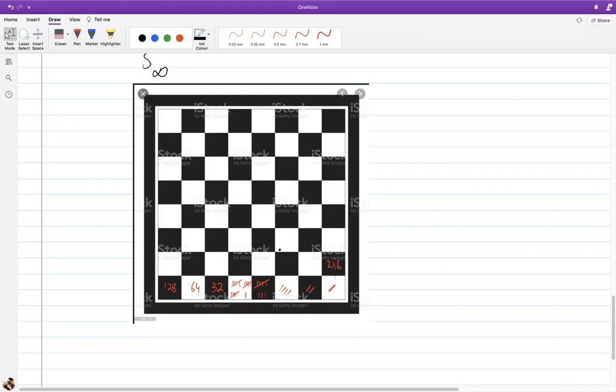I bet that before you get to the 64th square here, you will need to put more rice than there is in the world, and not just in the world, more rice than has ever been produced in the world. And that is the power of geometric series. You're doubling everything and it grows so exponentially that it just goes out of the roof. So the sum till infinity in this case, if you keep on doing that, it's going to be insane. It's going to be so large, it's a humanly impossible number.